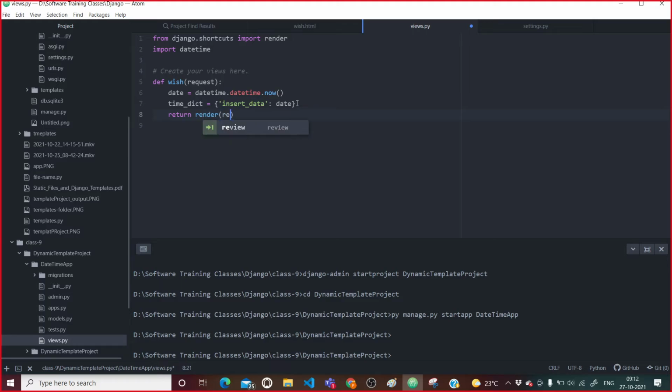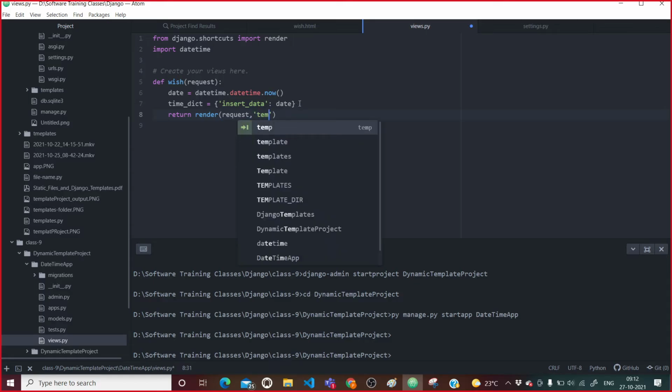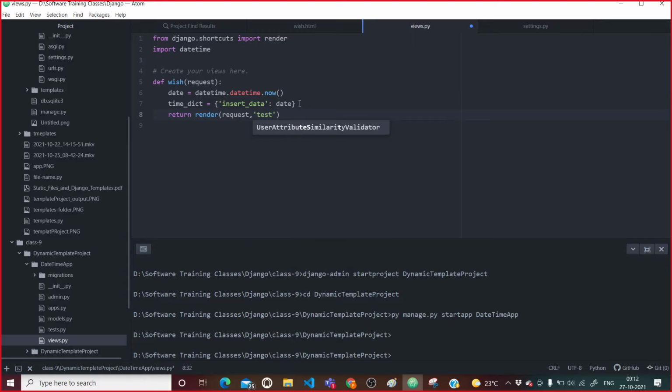After that I am returning, I will say return render. If someone is going to make a request, you need to go to the test app, and inside that I have the vis.html file, and just render this. The app name is datetime app, right?